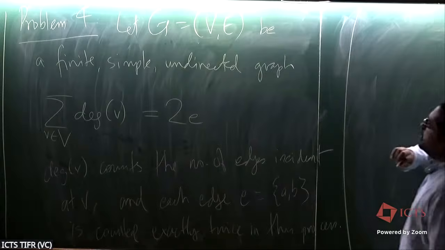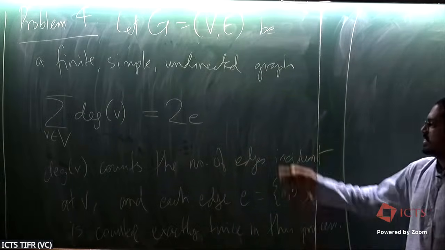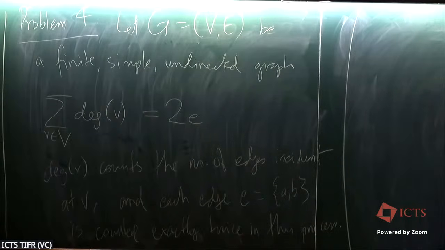So there's another very famous result, popularly called, I think, the handshaking lemma, because in some sense, each time you have a bunch of people who are shaking hands, if they shook hands, you drop an edge into the corresponding graph. And you ask how many handshakes happened. It's the number of edges, right?